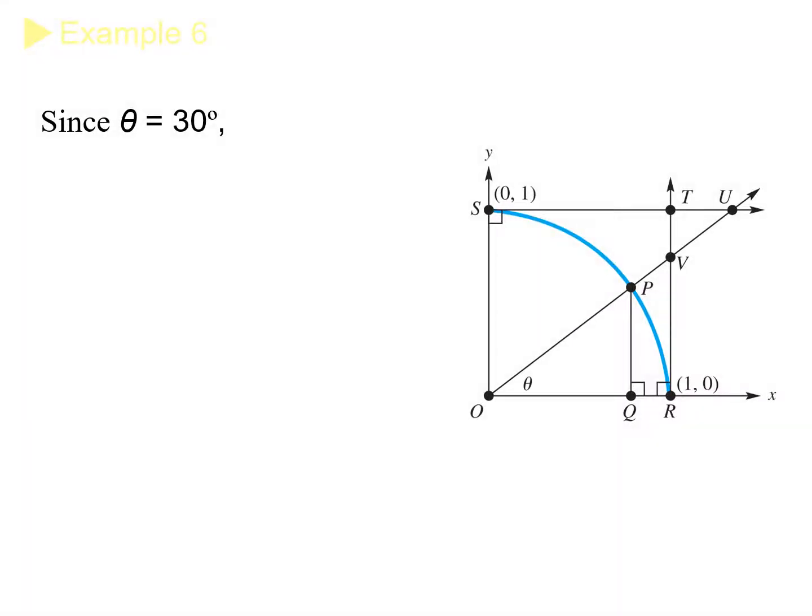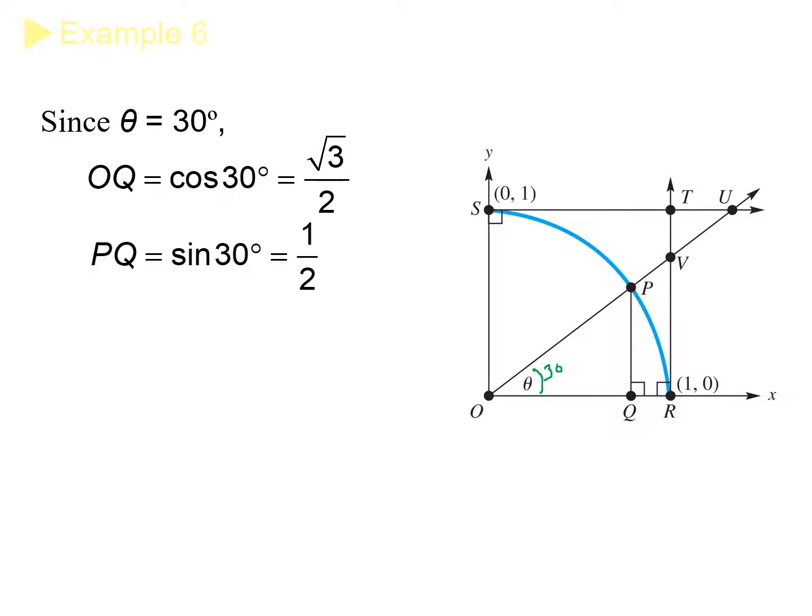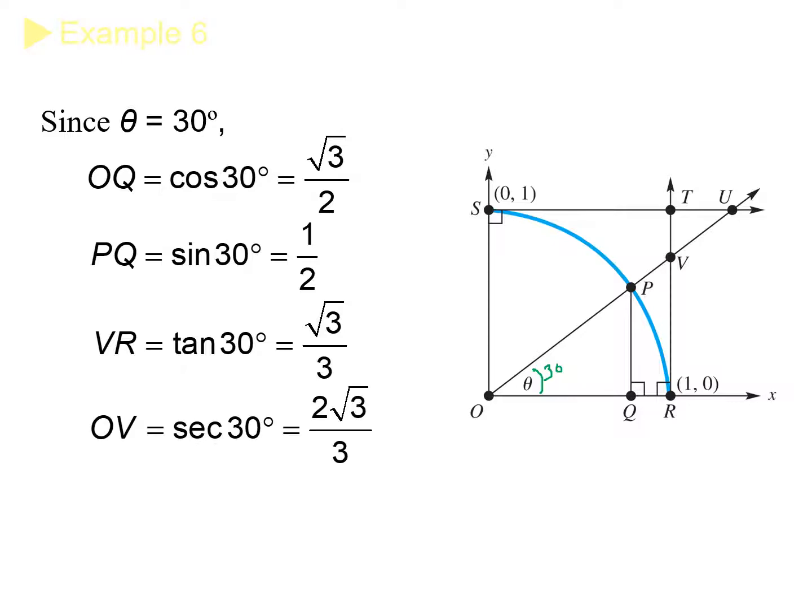Since theta is 30, that tells me OQ is cosine of 30, or root 3 over 2. PQ is sine of 30, or 1/2. VR is tan of 30, or root 3 over 3. OB is secant of 30, 2 root 3 over 3, excuse me. And OU is cosecant of 30, or equal to